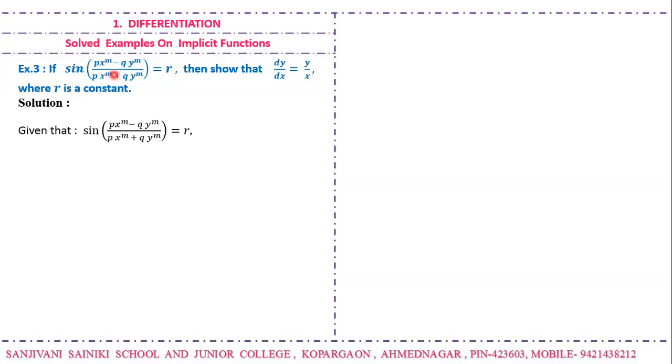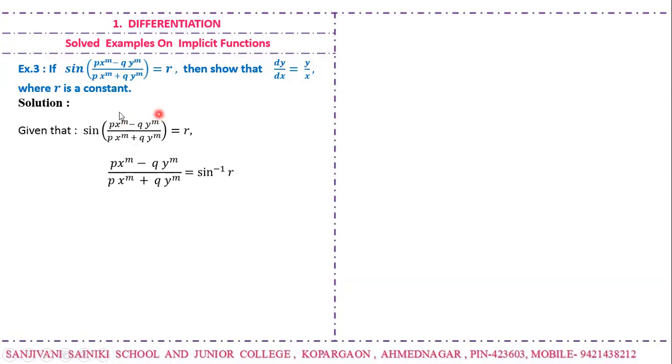Sine of (px^m − qy^m) upon (px^m + qy^m) is equal to r. Then you have to show that dy by dx is equal to y by x. Use the same method. Sine of something is equal to r is given, so